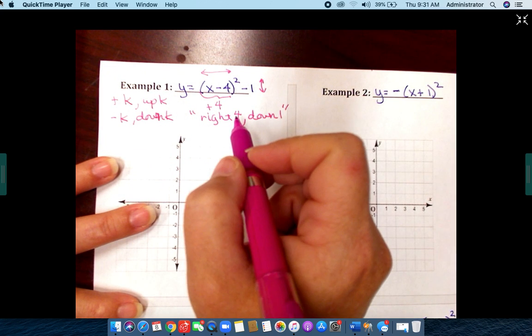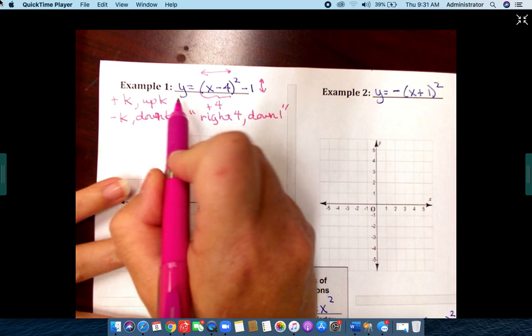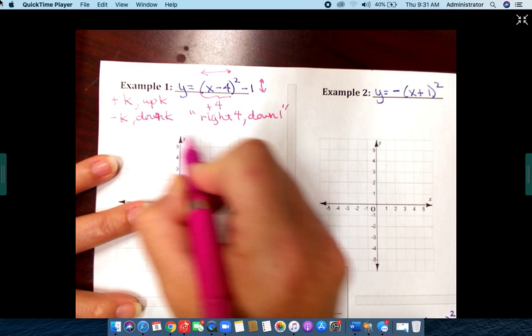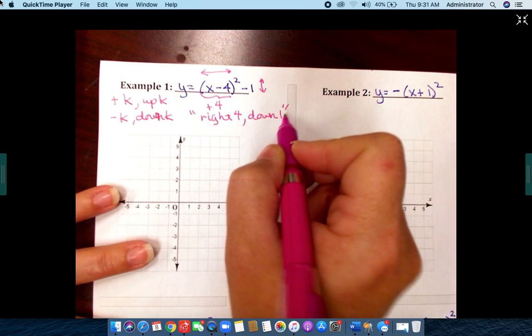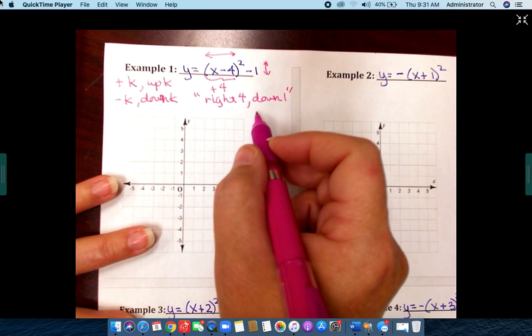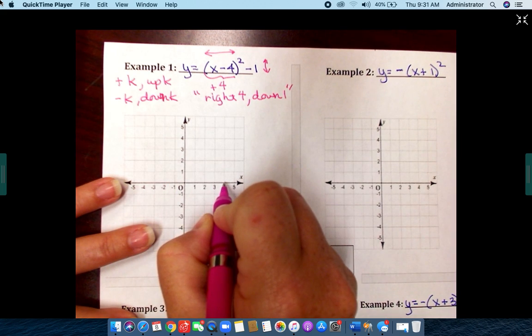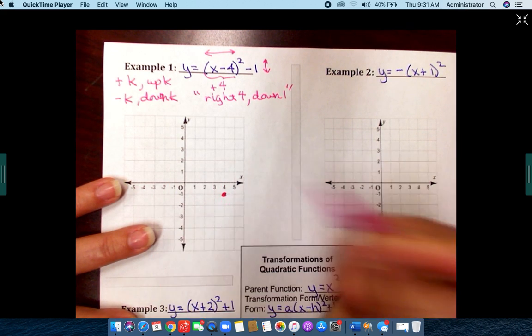So today, when you do this in Delta Math, you're going to write down the function, and then beside it, you're going to simply list your transformations just like this. Okay, so I'll give you an example and show you how that's going to work because I'm going to practice some with you. So that means from the origin, I want to go right 4, down 1,